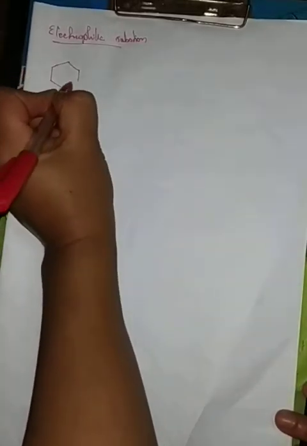the halogen atom. Now, this is our haloarene. In electrophilic substitution, the halogen atom directs the incoming substituent at the ortho and para positions with respect to our halogen atom. Now, one important point here: due to the minus I effect of the halogen atom, it deactivates the benzene ring. As a result, the electrophilic substitution reaction of haloarenes occurs slowly and only under drastic conditions